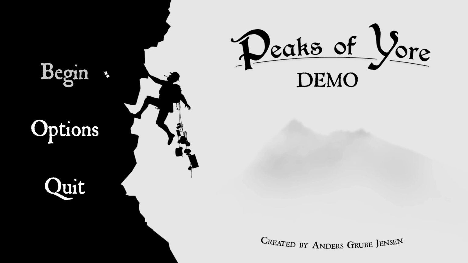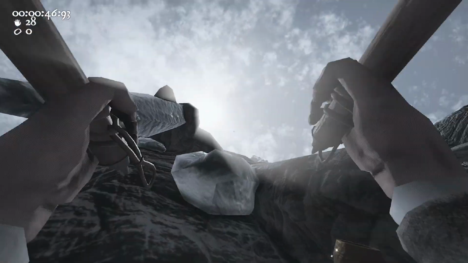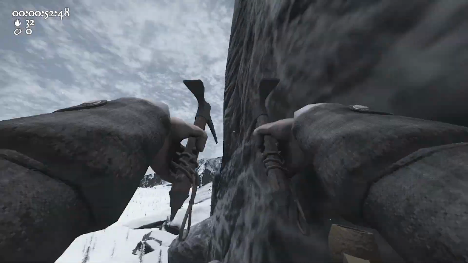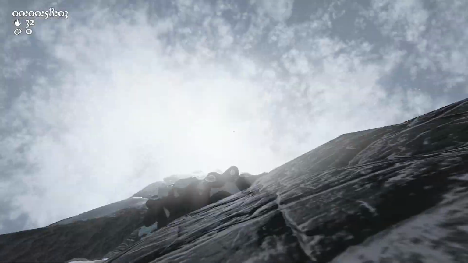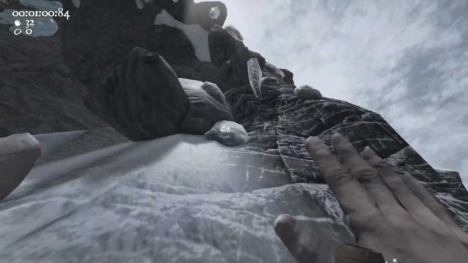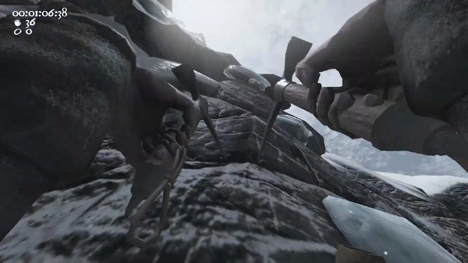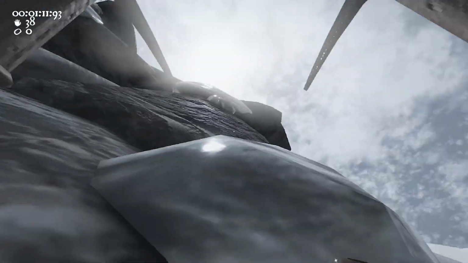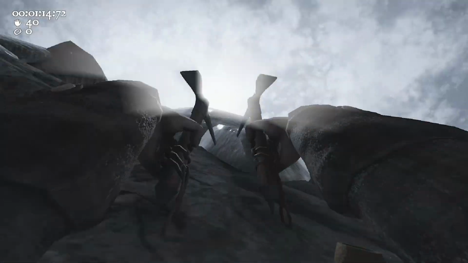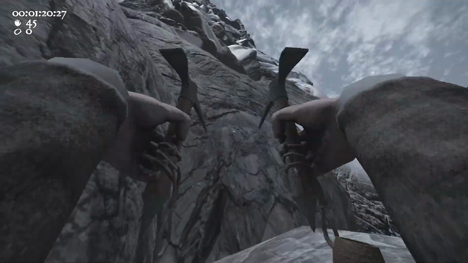So there's 5 mountains with an additional 6th mountain that's not fully finished, and there's one collectible to show you how the collectible mechanic works, and there's the rope and nails to show you how using your tools will work in the final game. And overall, this demo was pretty close to the final game, with some smaller changes, and then some big ones, like this entire cut ice mountain. It felt so weird to see a new mountain in Peaks of Yore that I've never seen before, only to see it in the demo and then climb it for the first time.